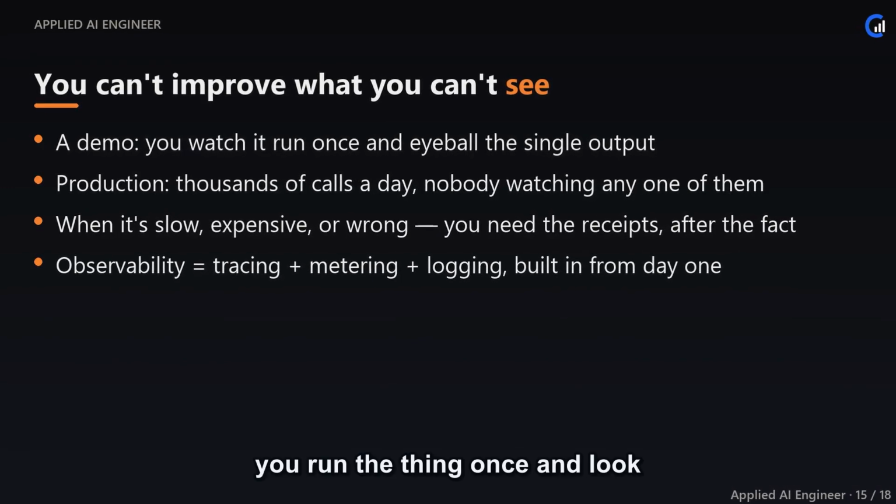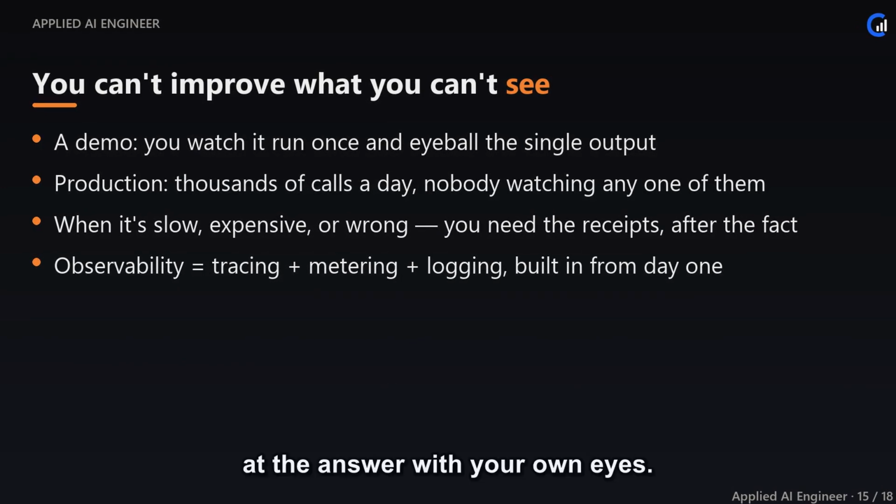In a demo, you run the thing once and look at the answer with your own eyes. In production, your app answers thousands of times a day and no human watches any single call. So when a user reports that it was slow, or your invoice spikes, or an answer was wrong, you can't reproduce it by staring. You need the receipts the system recorded at the time. That's observability, tracing, metering, and structured logging, designed in from the very first day rather than bolted on after the